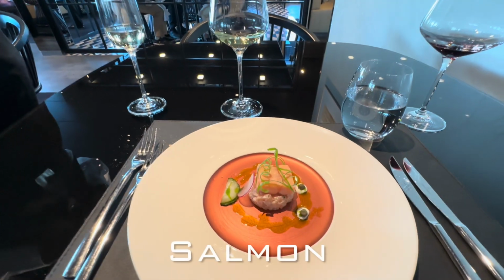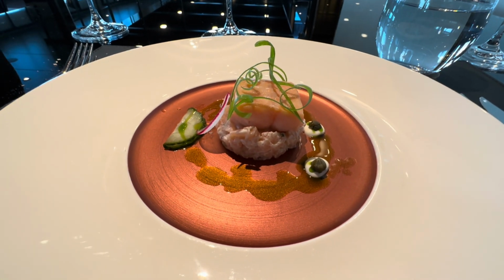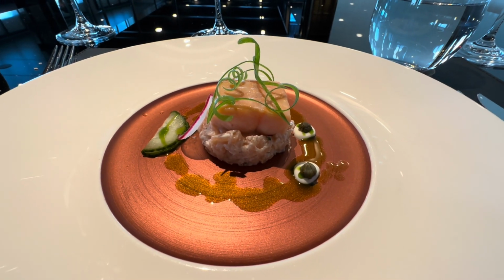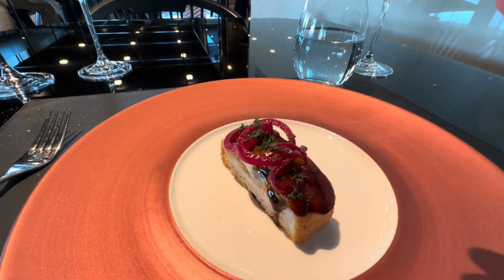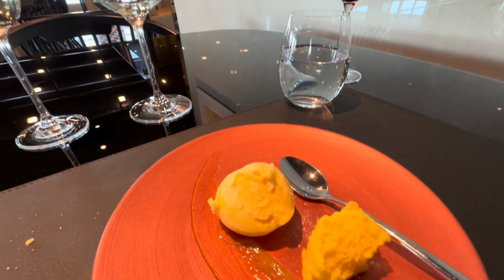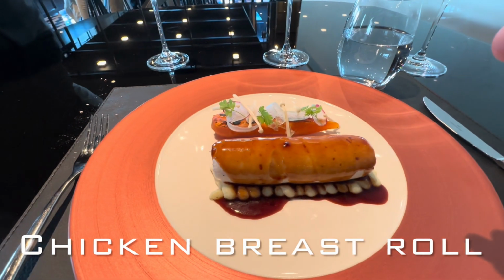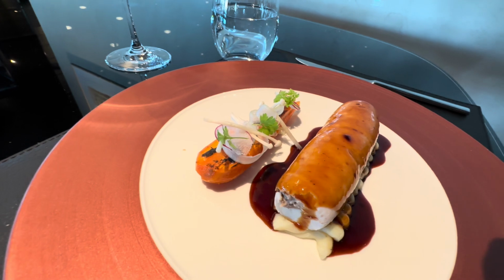On a bed of salmon tartar, we have a slightly poached and baked salmon garnished with some pickled cucumber and some capers. So veal sweetbread in petit brioche is a blend of veal with gribiche sauce, some pickled shallots, and veal juice. You have your orange sorbet, orange puree, and orange dust, just to cleanse your palate before your main course. You've got your chicken breast roll with some confit ragout, mashed potato with some horseradish, and some chicken choux